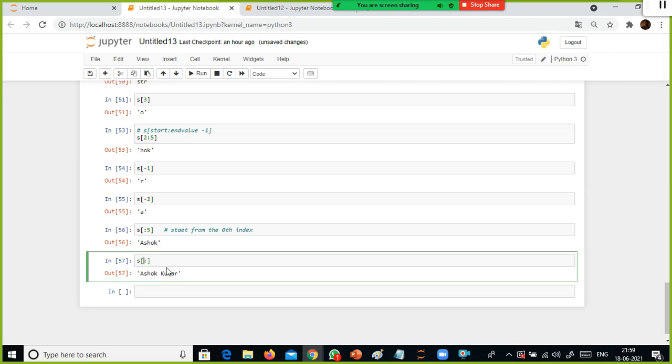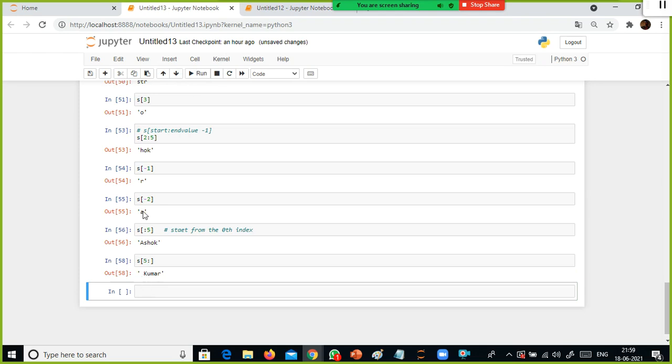Or let's say I specify 5, the fifth position is the blank space. Ashok space Kumar I have given; in the PowerPoint I should have given the space. You want to start from the 6th index value, which is K of Kumar, and print till the end of the string.